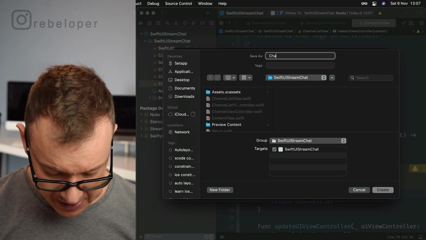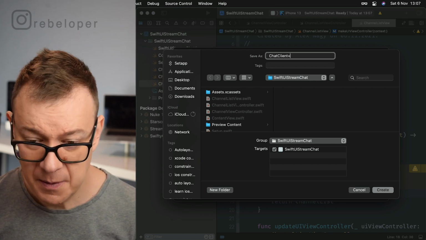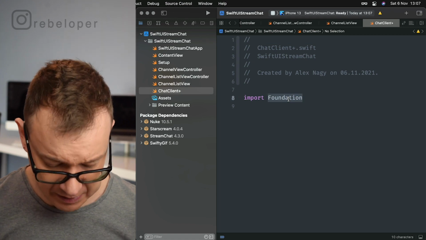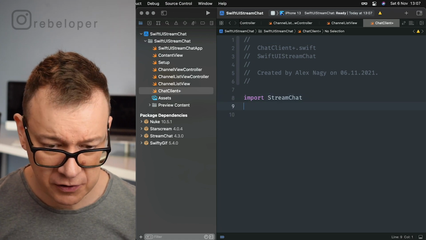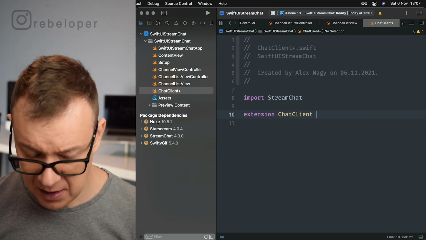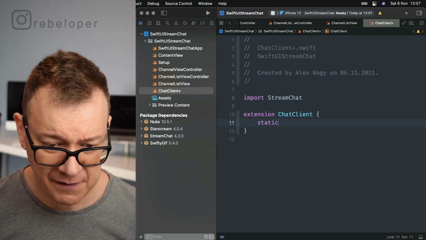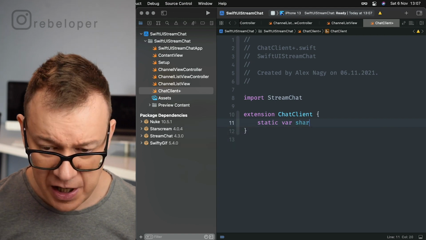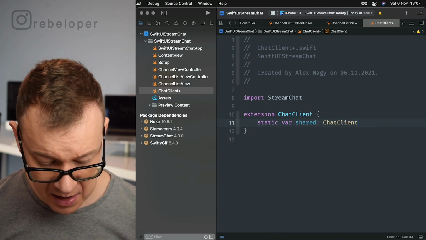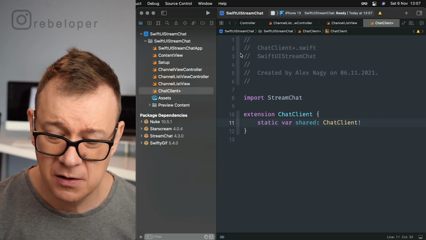So chat client plus. Okay, let's just import stream chat right over here. Let's create our extension for our chat client, and let's just have a static var shared of chat client, and we can bang that out.